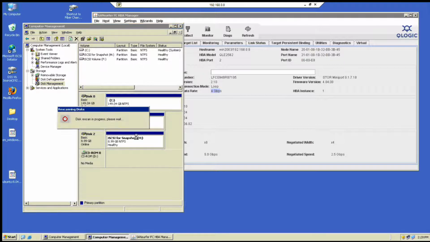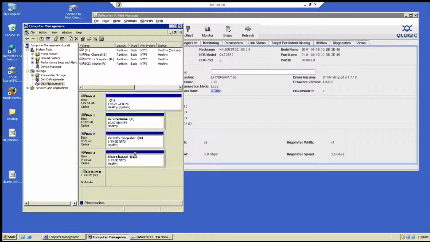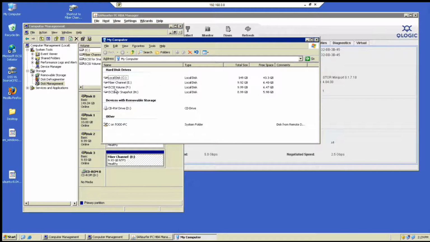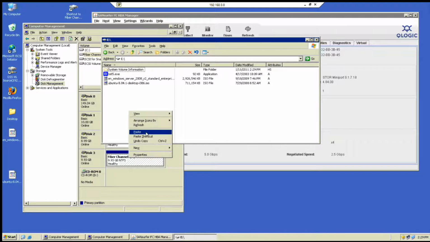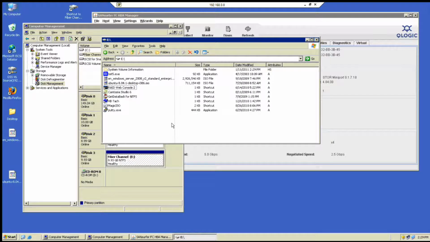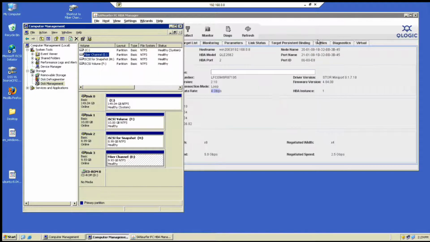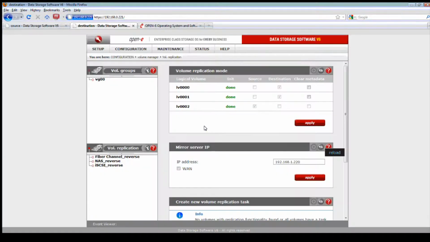One extra step I forgot to do, we'll pull that up. I want to go to our manage and do an all scan disk. And see, we have it. There we go, all healthy. Now we've copied our data, and then you can fail back over to its original position.